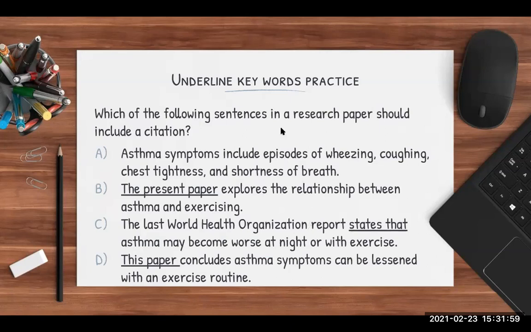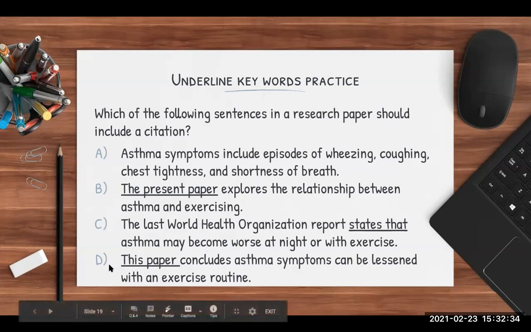And lastly, we've got underlining keywords practice. So which of the following sentences in a research paper should include a citation? So we've got A, asthma symptoms include episodes of wheezing, coughing, chest tightness, and shortness of breath. We've got B, the present paper explores the relationship between asthma and exercising. We've got C, the last World Health Organization report states that asthma may become worse at night or with exercise. And we've got D, this paper concludes asthma symptoms can be lessened with an